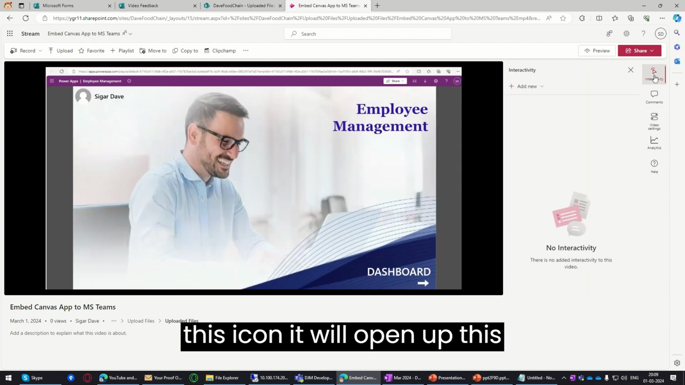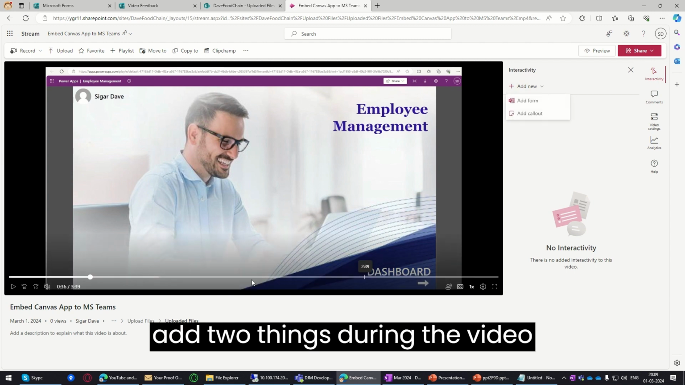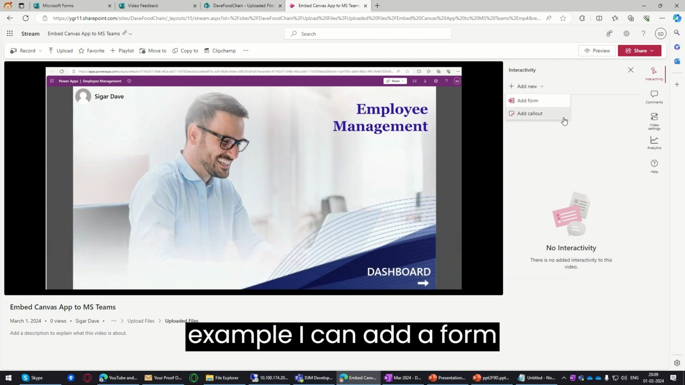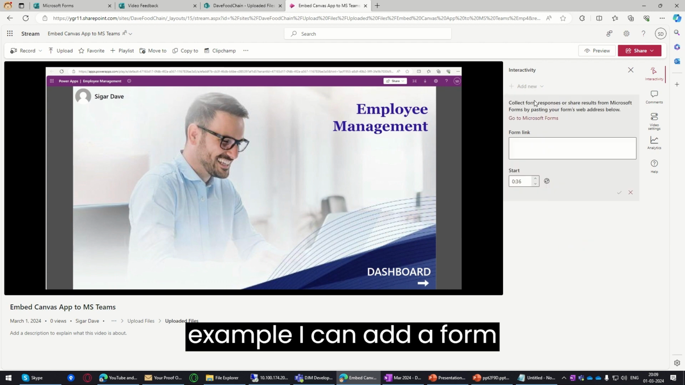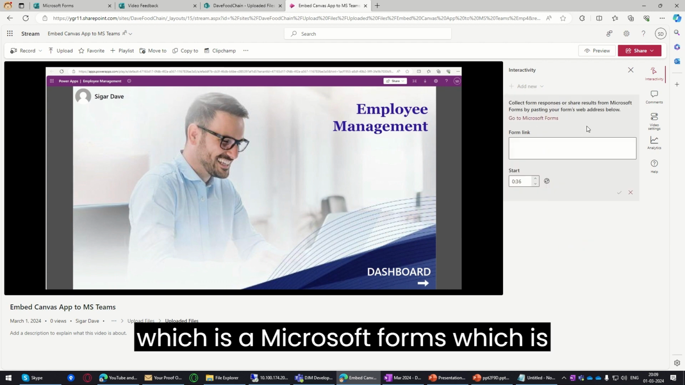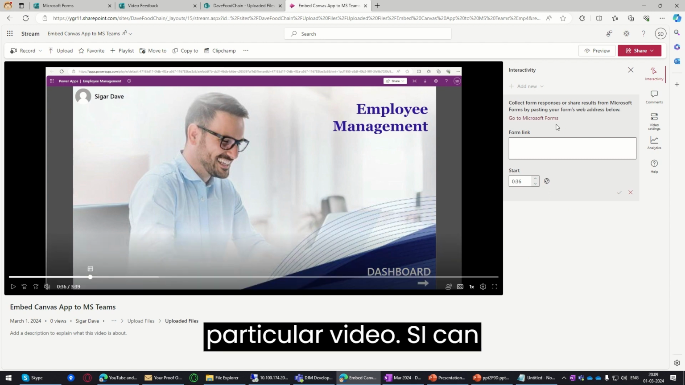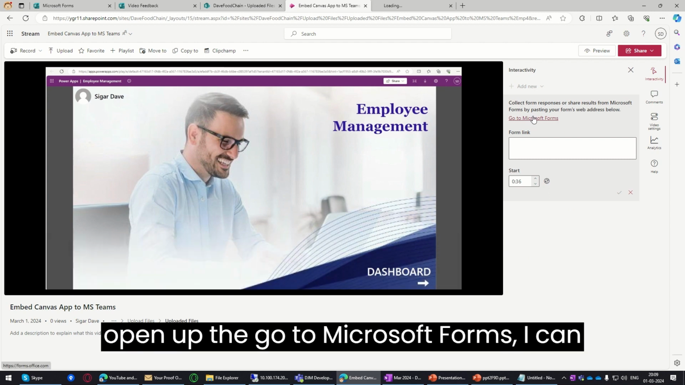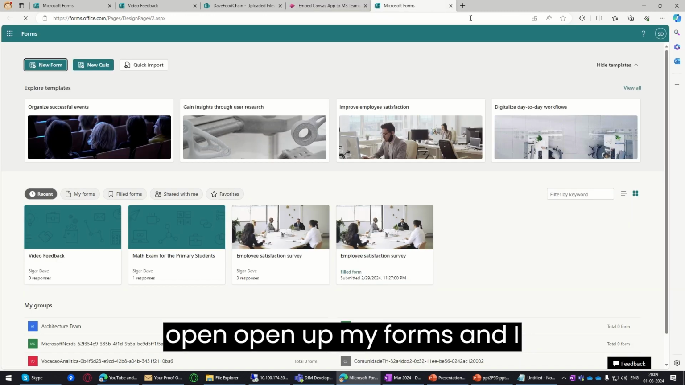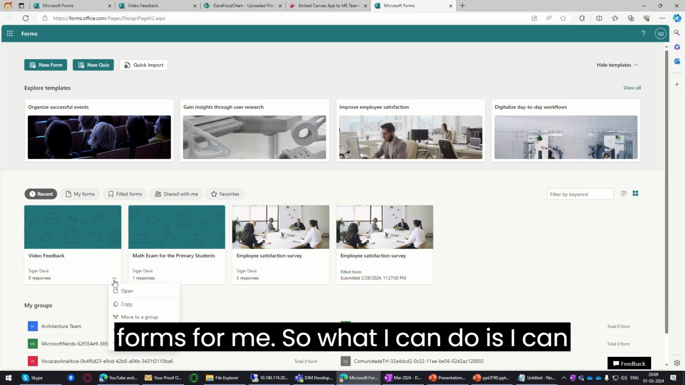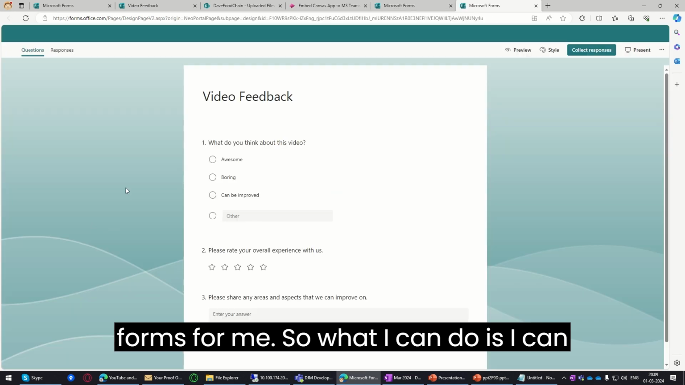When you click on this icon, it will open up this panel from where you can add two things during the video when it is being played. For example, I can add a form, a Microsoft Form, to this particular video. So I can go to Microsoft Forms and open up my forms, and I have already created this video feedback form. Let me open this up,